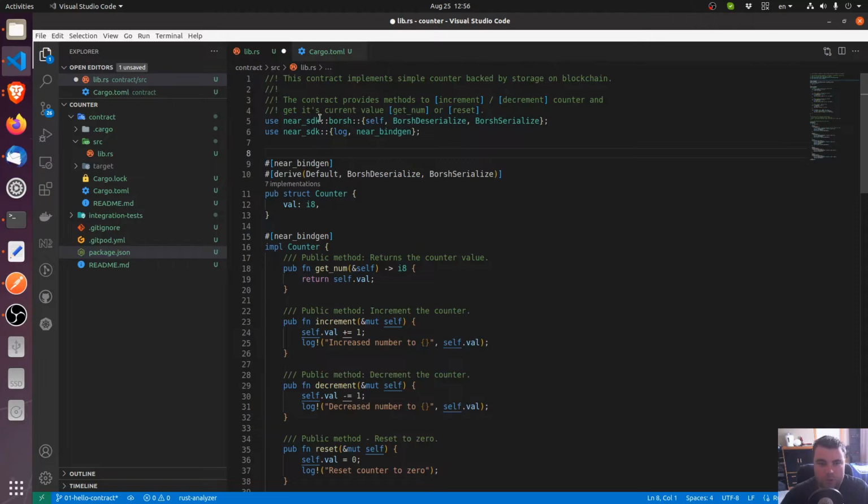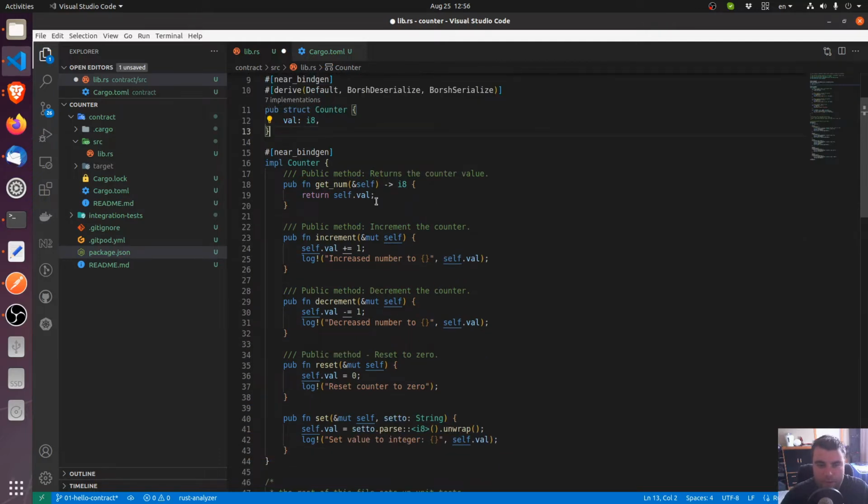So the counter code, we're importing Borsh again for serialization. We're importing near SDK. We are creating a struct of a counter with a value set to signed 8-bit integer. Then we are implementing a counter trait with 5 methods. By default, if you check the default code for the counter for near examples, you will have only 4 methods: